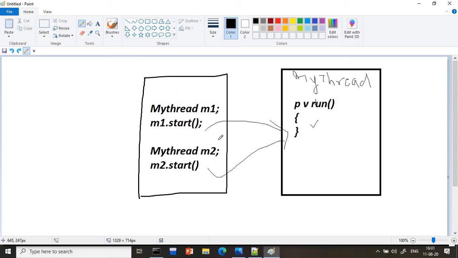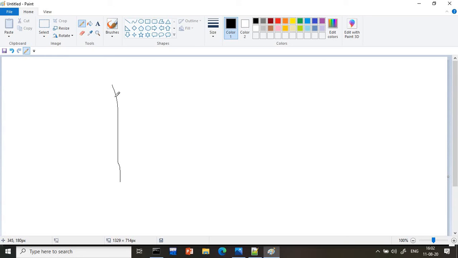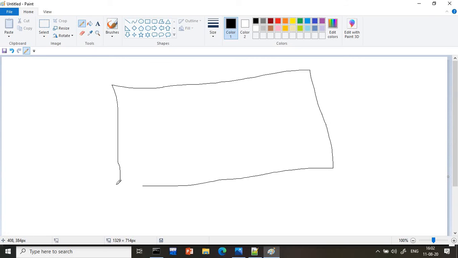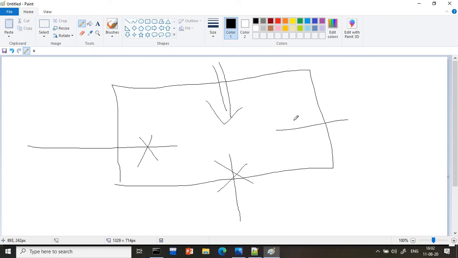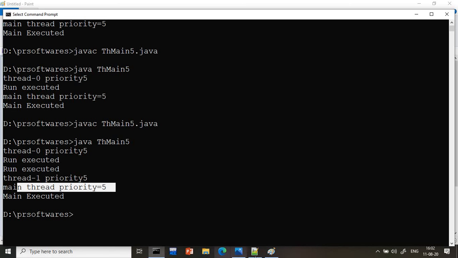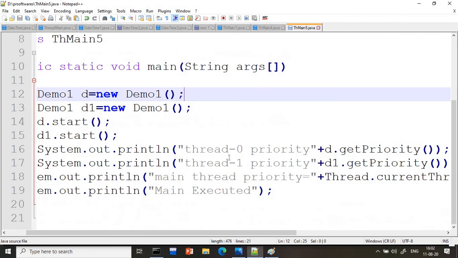Otherwise simple. Suppose, for example, just assume that on a road there are 4 people coming in from the 4 sides. This one, this one, this one and this one. But suddenly, let us say the CM is coming from this side. So what will happen? Automatically these roads will be blocked. Traffic will stop from this side. Only this person can go. So from here to here he wants to go, he can go. So nothing but here priority is set for this thread, its priority is different, and these 3 threads' priority is same. So how to set the priority for the thread is, we can write here set priority.